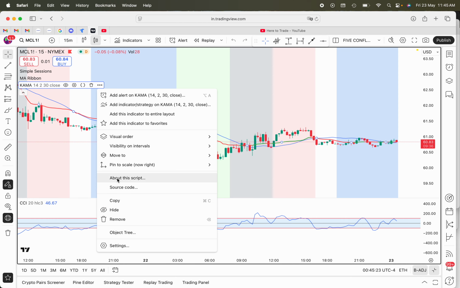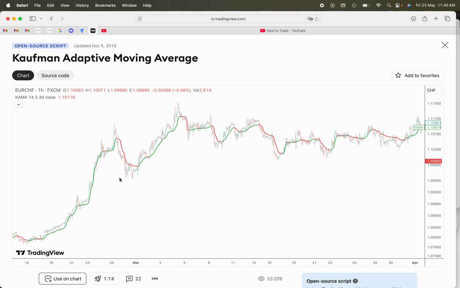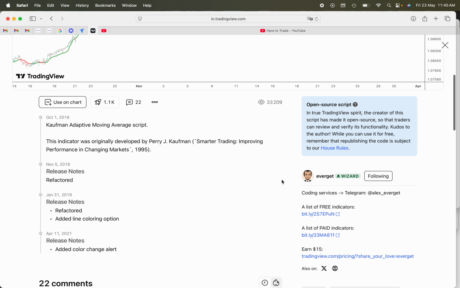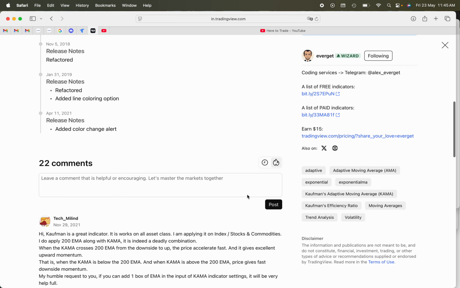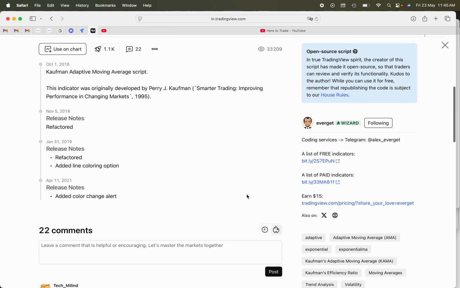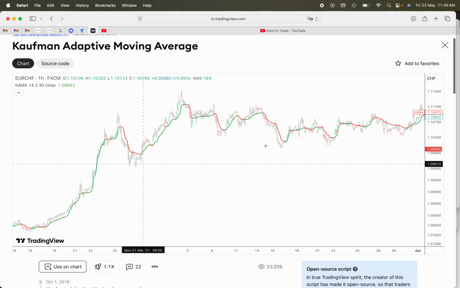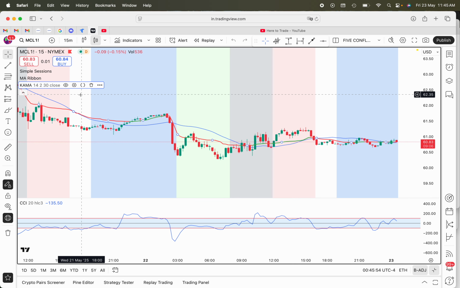If I can open this up. This is, it's Kaufman? Is that how you pronounce it? Kaufman Adaptive Moving Average. Many of you may know this. This one's put together by Everget. I don't know when it was released, last updated 2021. So this is called Kaufman Adaptive Moving Average, and if you want to know more about it,